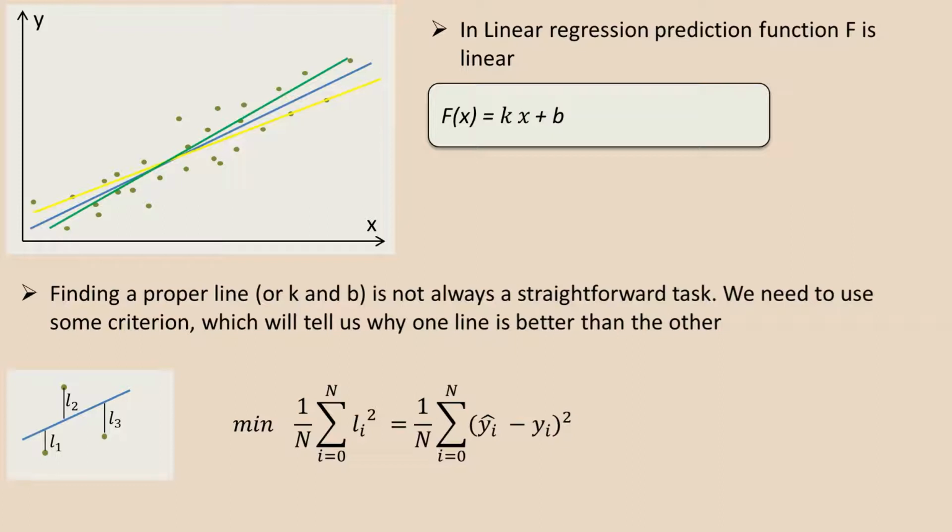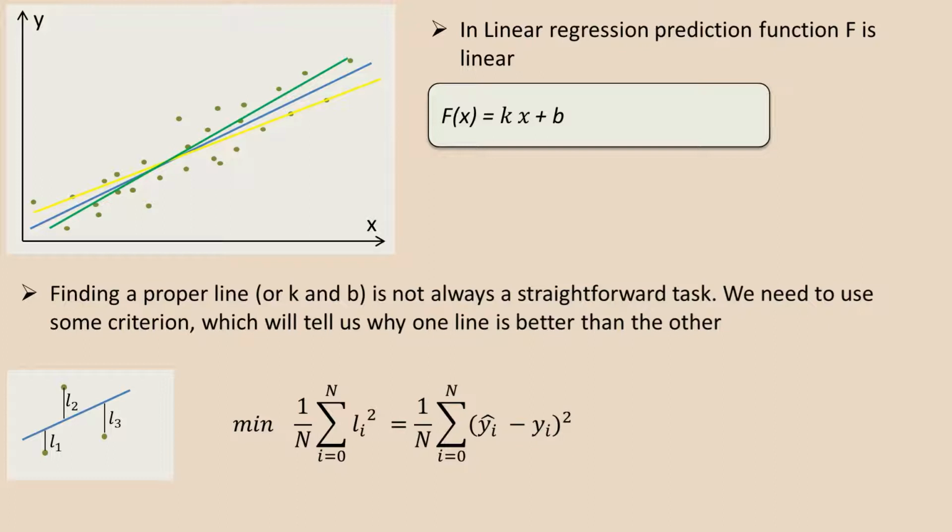Or in other words, if you look at the right part of the expression, we will need to find squares of differences between our y hat value, this is our predicted value, and our original y value. Then we will need to sum this, and our goal is to minimize this whole expression. There could also be approaches based on different cost functions, but as I already said before, this cost function, mean square error, is the most popular in linear regression.